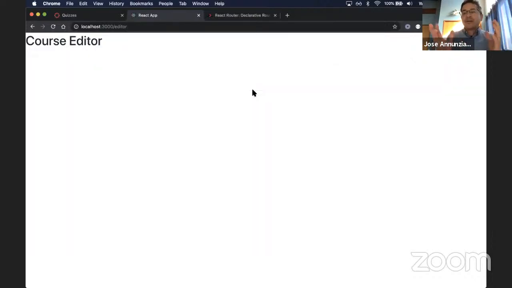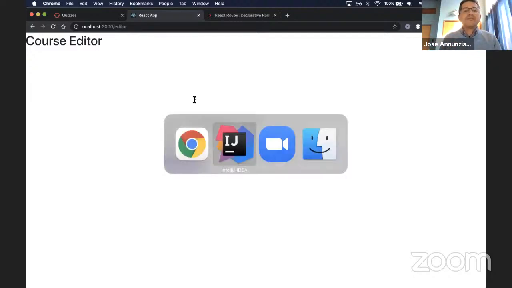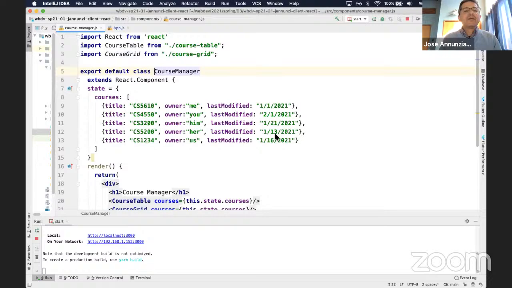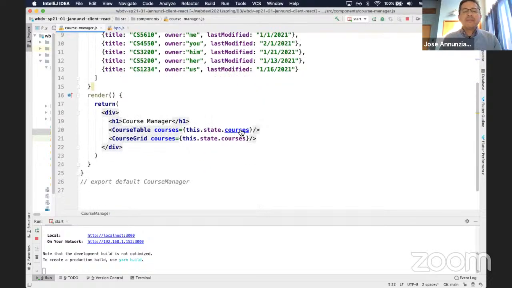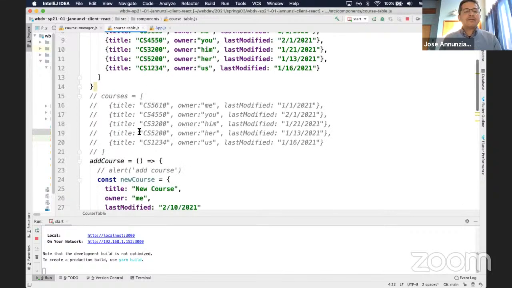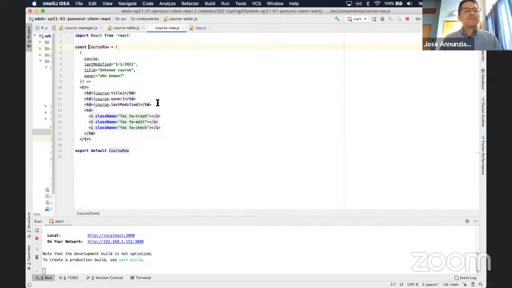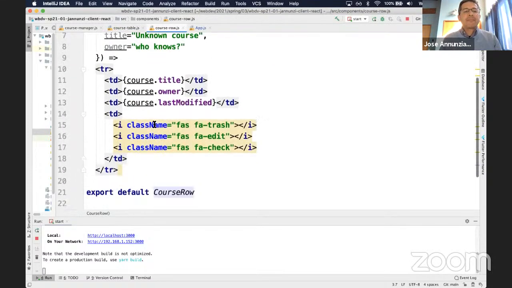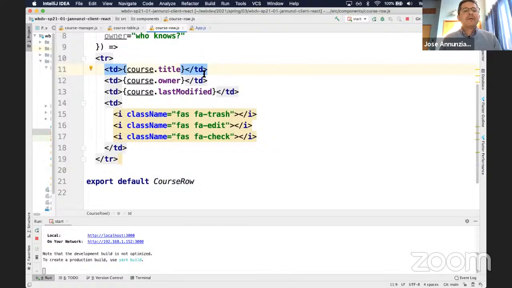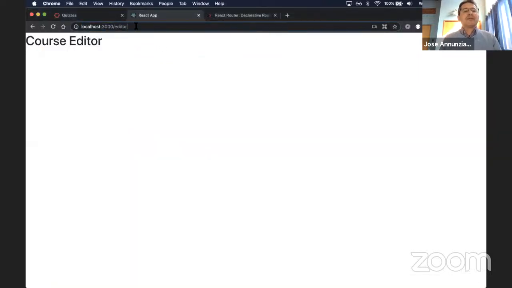See that? So now we have a mechanism that maps changes in the URL to changes in the component, and that's how we're going to be able to navigate. So for instance, in the course manager, the course table is generating these course rows. If you remember, they were generating all these course titles. See that course title? Well, instead of me typing this on the path,